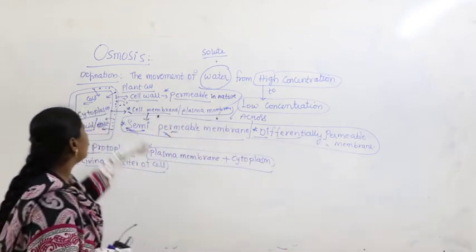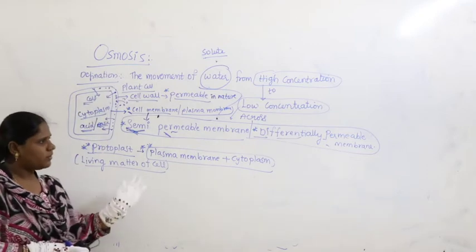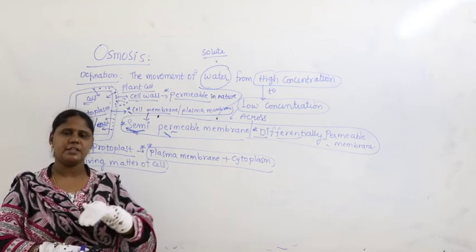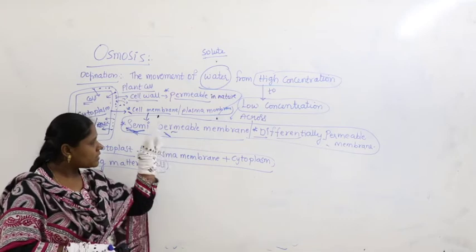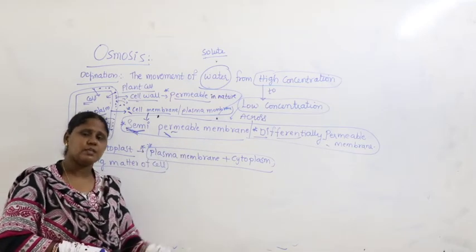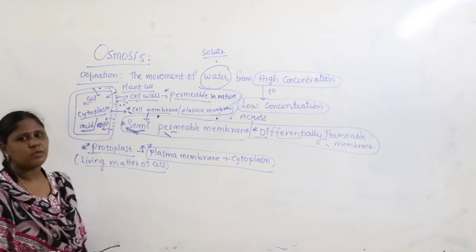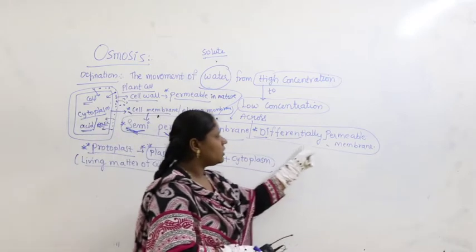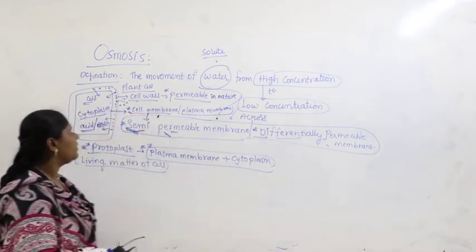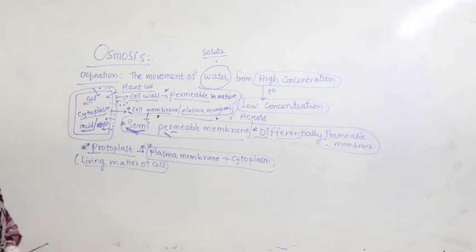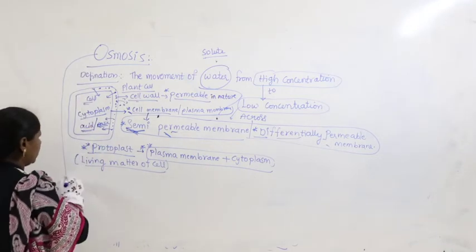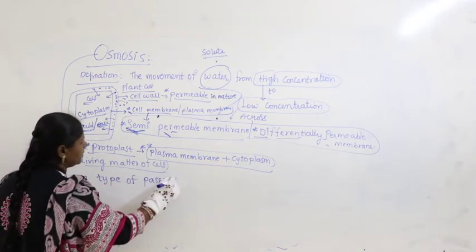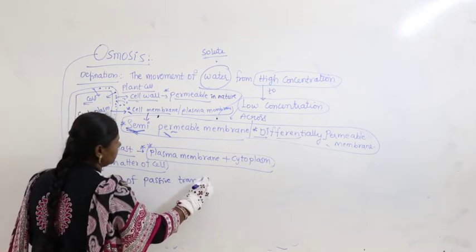Then it is called osmosis. Simply from cell to cell is diffusion. Cell to cell by membrane proteins is facilitated diffusion. Compulsorily, if it is a cell and it is passing across the cell membrane, then it is called osmosis. Okay, so what is important? Across semi-permeable membrane or differentially permeable membrane, it's important to remember in case of osmosis. Let us continue the study. Osmosis, no doubt, is a type of passive transport.